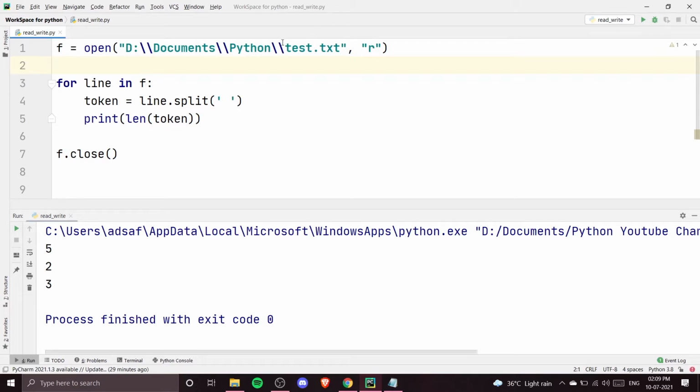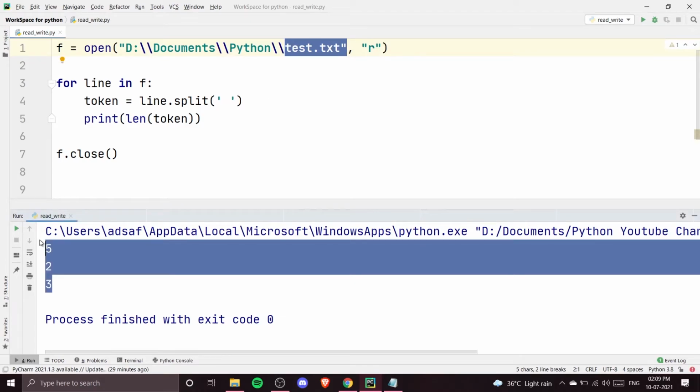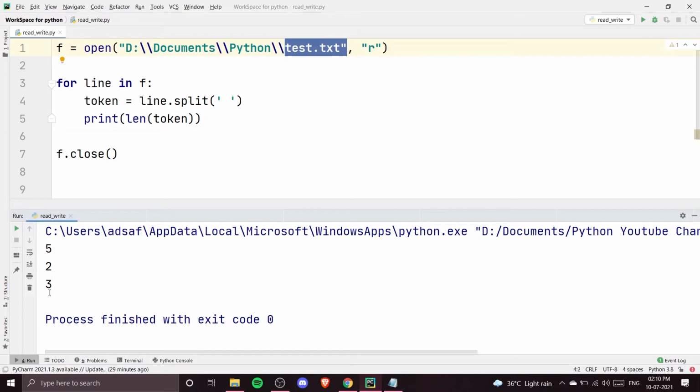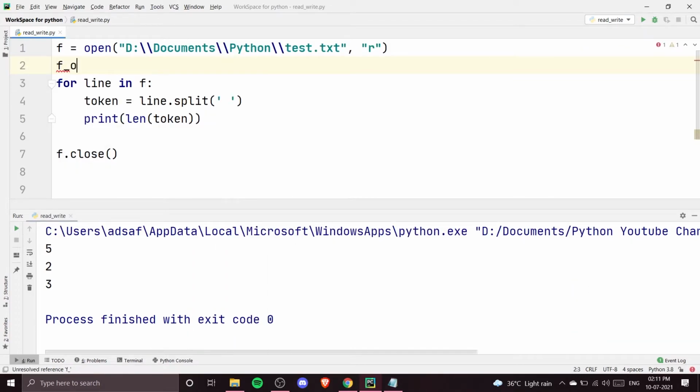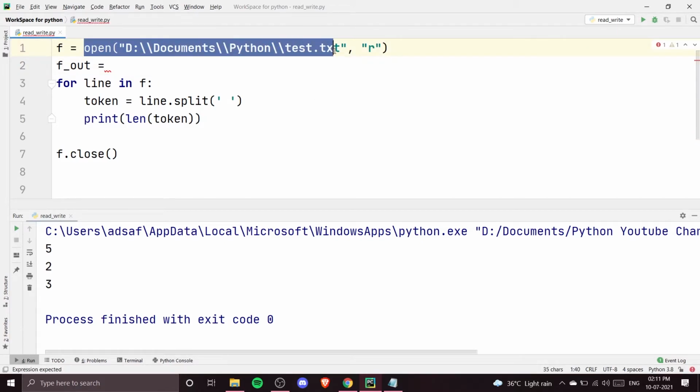So till now we were using this test.txt file to just read the things, and we were operating in our terminal. But now, to see the output properly, we are going to create another file that will be printed. In that file, we are going to rewrite all these lines and the number of words on each line. So f_out will be the name of the output file, equals, I'm just going to copy this whole thing,